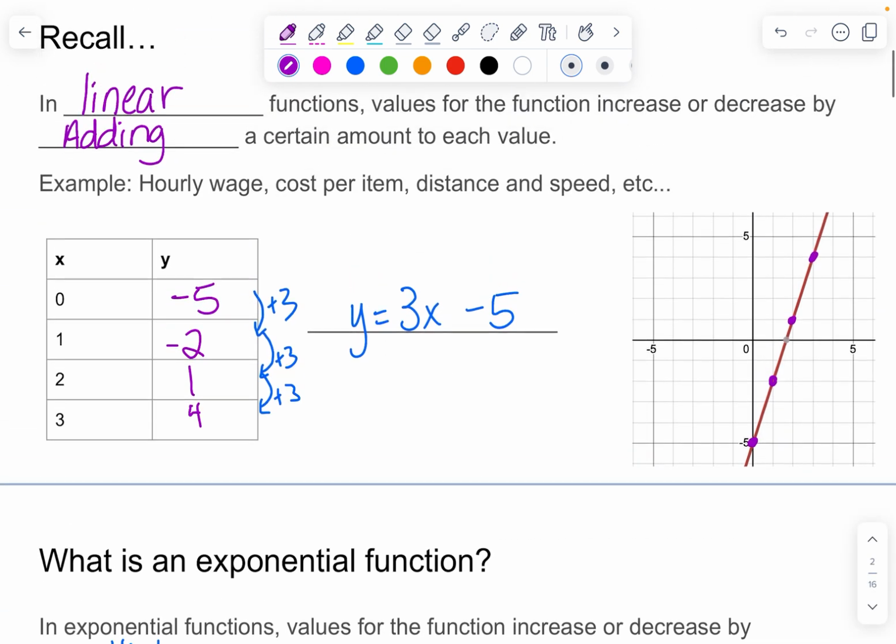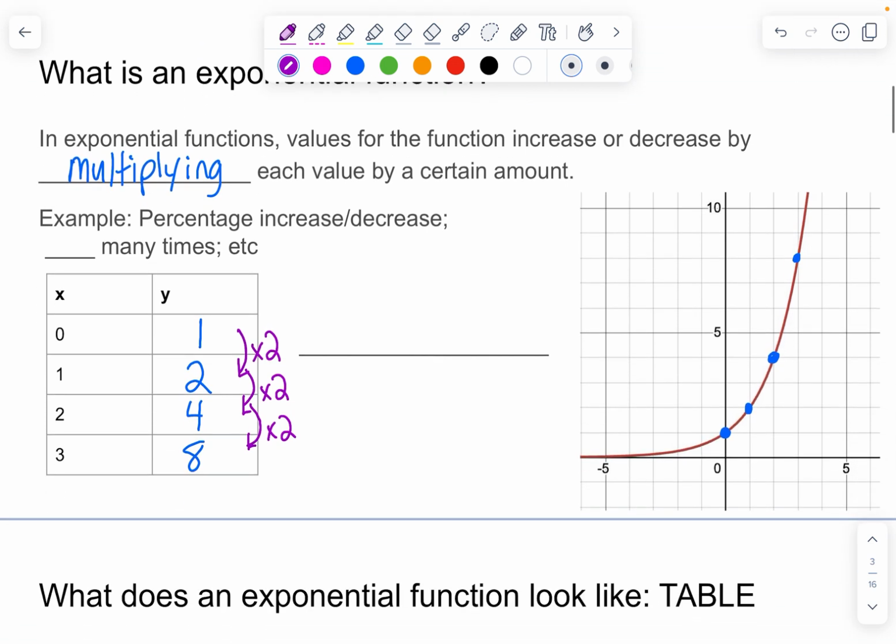So with the linear, we have that addition pattern. With exponential, we have this multiplication pattern going on. Exponential functions are things that involve increasing or decreasing by percentages, because that would be multiplication. Or if they say some number of times that something is going to be happening, like it's doubling or tripling or quadrupling or whatever,